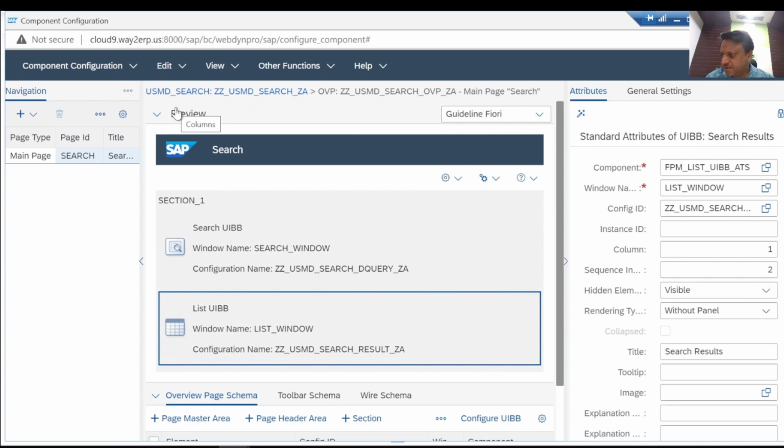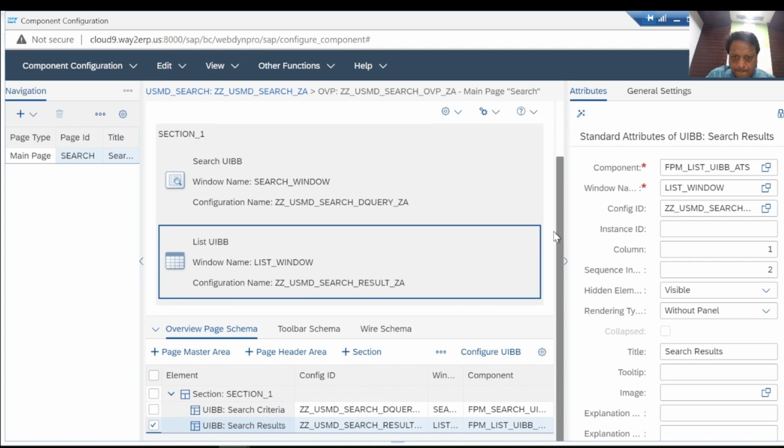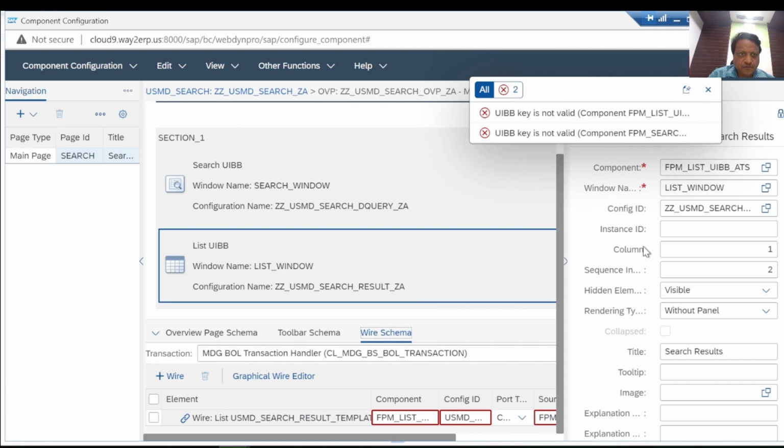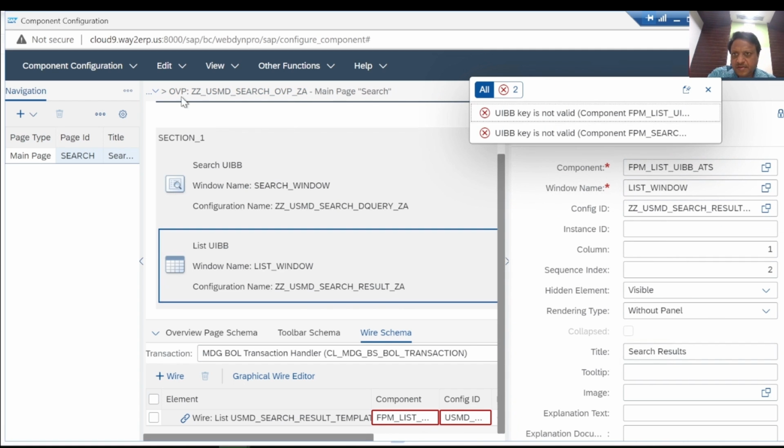After we save this setting, we come back to the OVP, and within this OVP, both our UIBBs are now configured, and now we can go to a wire schema to build the relationship between the two UIBBs. So here we see on the right hand side, and first make sure that yes, we are in the change mode,